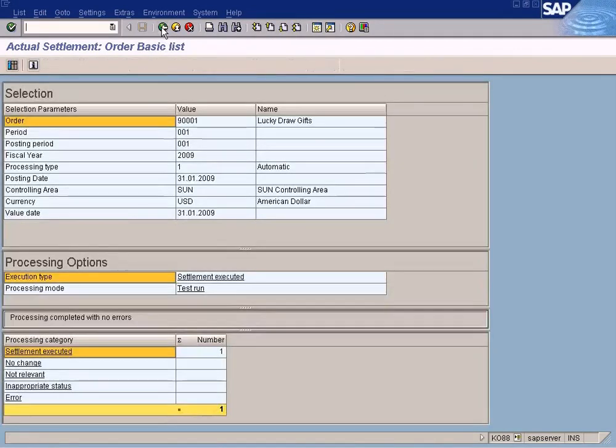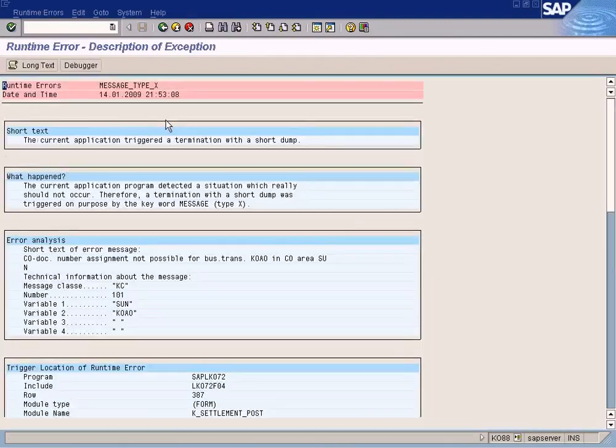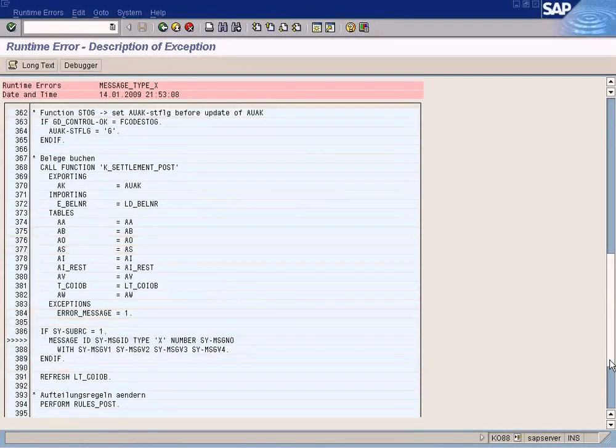Still the same thing. CO document number range assignment not possible for business transaction KA. Alright, I'm not sure why the system is generating an error now. So this looks like a system bug. I can't do much about it, so we just terminate